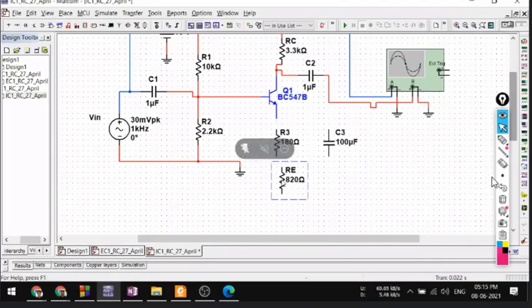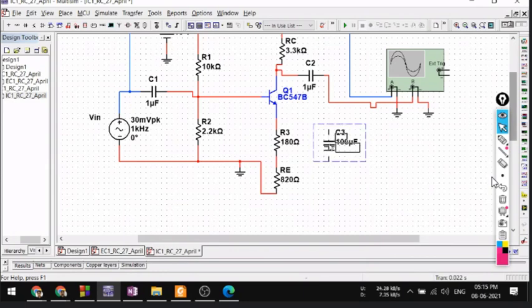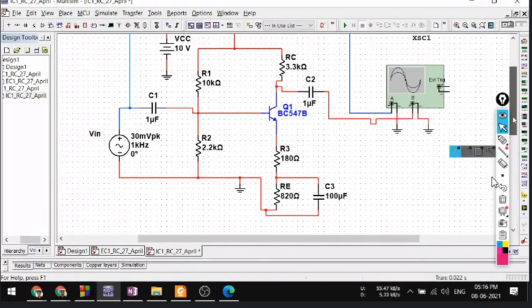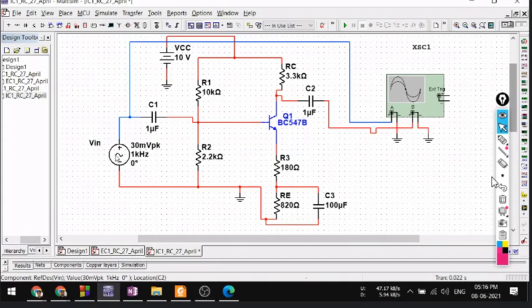Okay, so what you have to do is connect the capacitor. These are the resistors, right? So let me complete the circuit. This one, and this one. That's it. Now we have to connect the capacitor across 820 only, right? So connect the capacitor across 820 only, and don't connect the capacitor across 180. Now it is a simple modification in the circuit, but now we have to change the input. So let us do it.